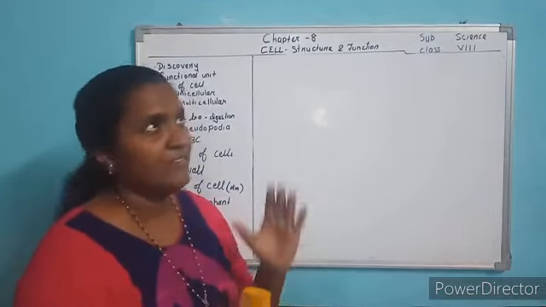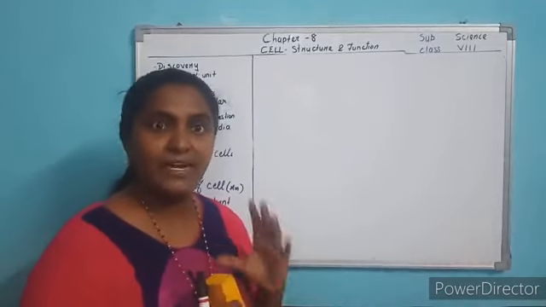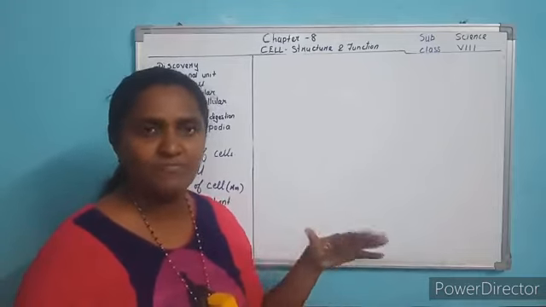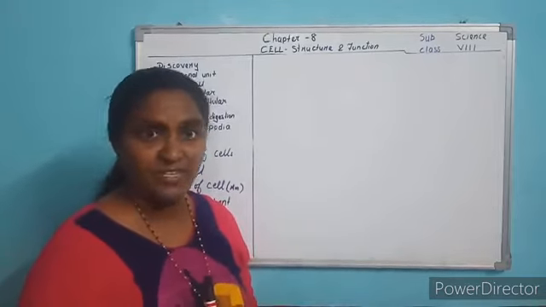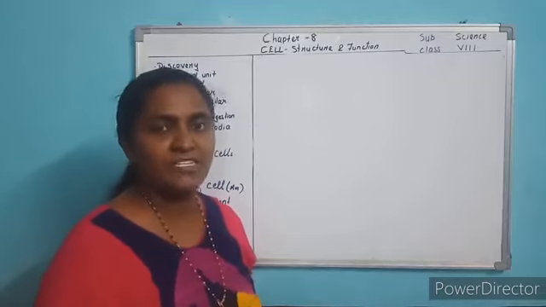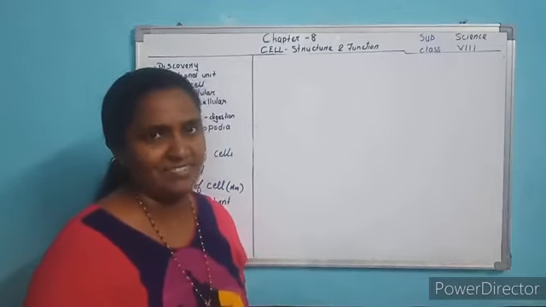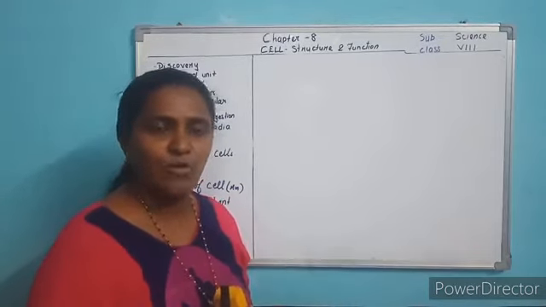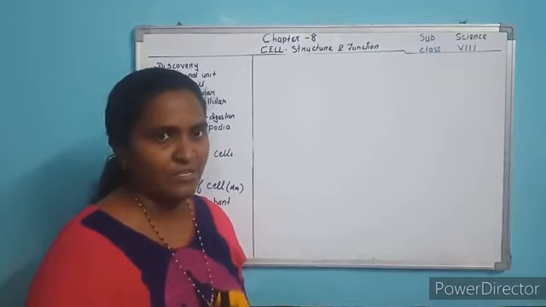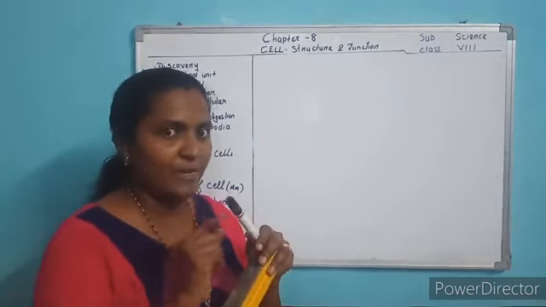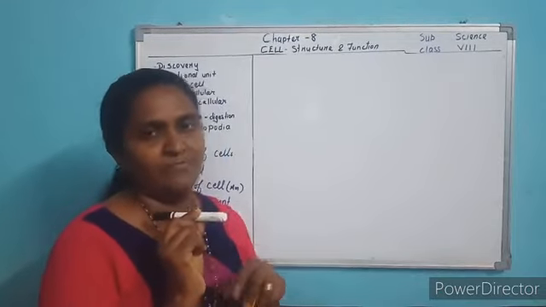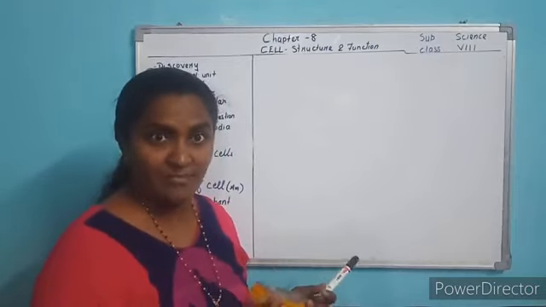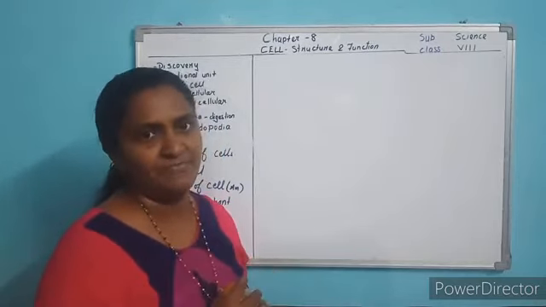In the same way, this building is made up of bricks. A number of bricks are arranged to form the building. The same way, all the living organisms are made of cells. A number of cells join to form the living organism. Understood? So what is the functional or basic unit of this object? Monomer. What is the basic unit of this building? Brick. What is the basic unit of a cell?